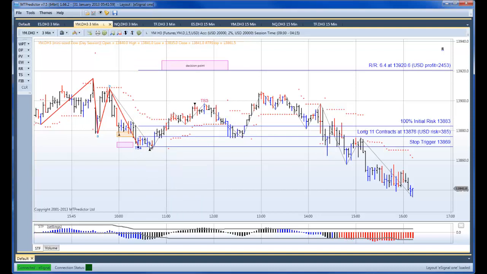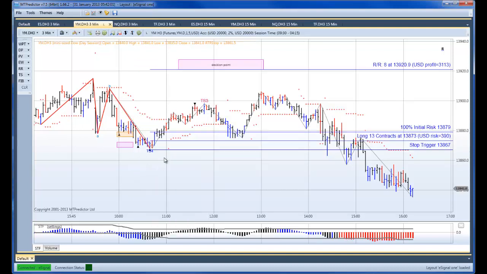Then when we left the webinar we were actually in a long trade as the market was going up to this particular trade here, and obviously you can see it didn't reach that target before reversing down. So were there any reasons to either protect this trade quicker or look to reverse to a short trade? Well, there were a couple of